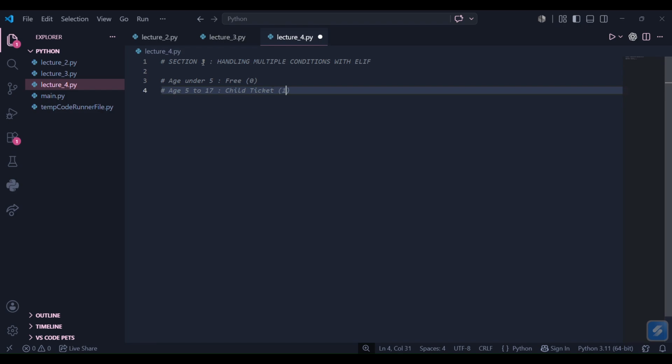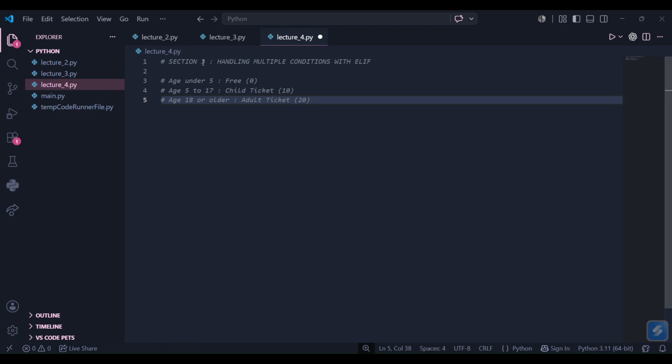Let's make it cost 10. When age is 18 or older, we have adult ticket. Its price is 20. You can also add the senior citizen category, but to handle multiple checks sequentially, Python introduces